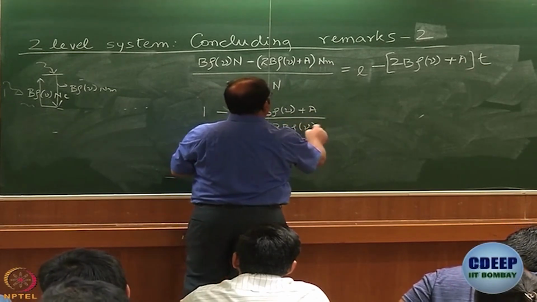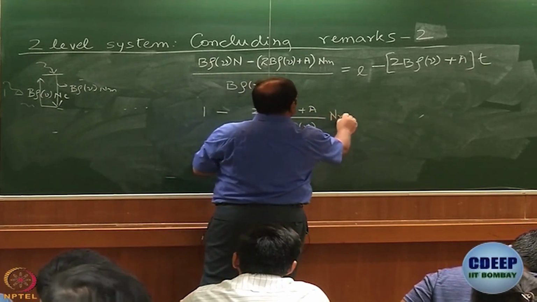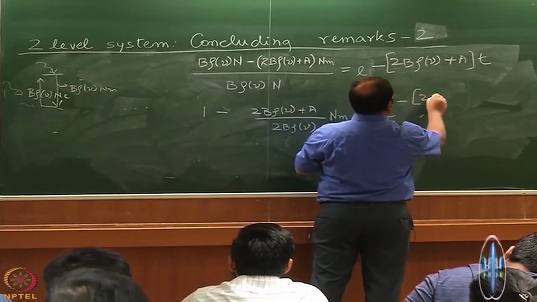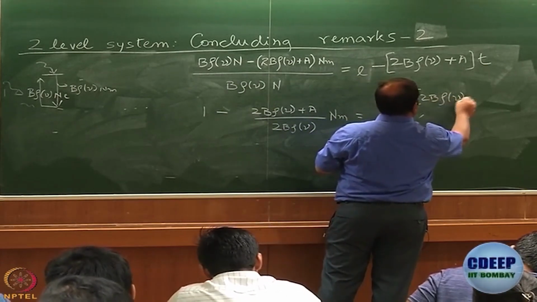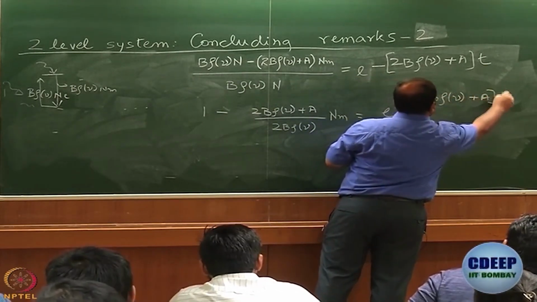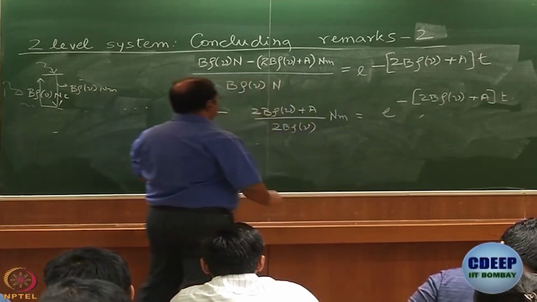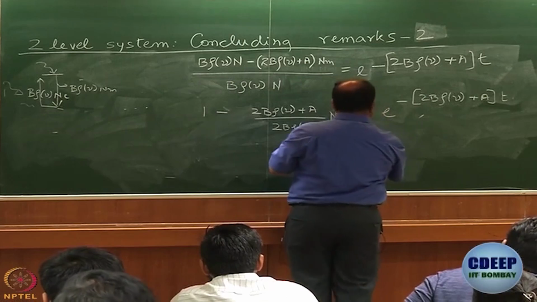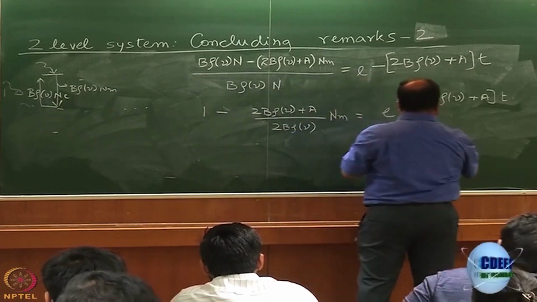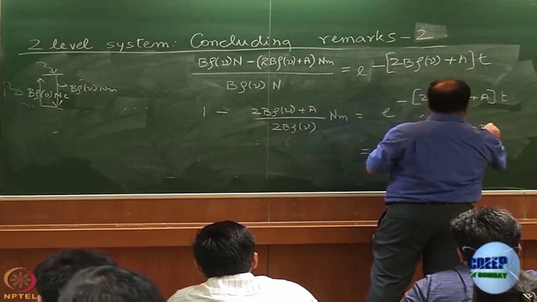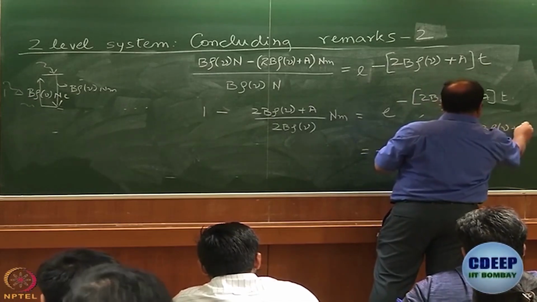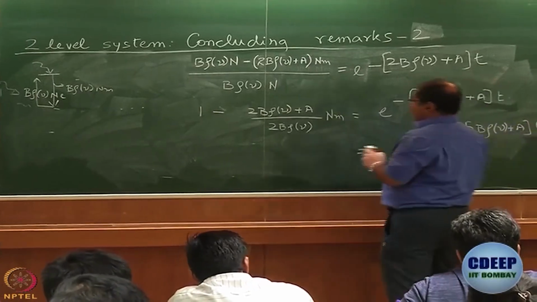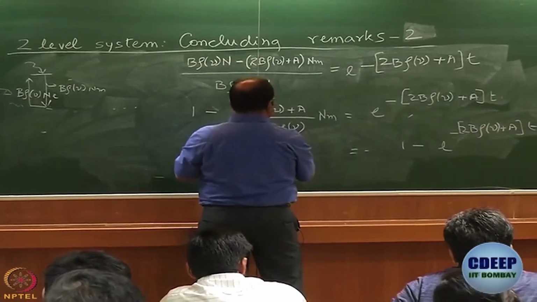We can of course simplify this further, multiplied by Nm, is equal to e to the power minus (2b rho nu plus A) into T. So finally I get, I can take this on that side, 1 minus e to the power minus (2b rho nu plus A) into T, and on this side I have,